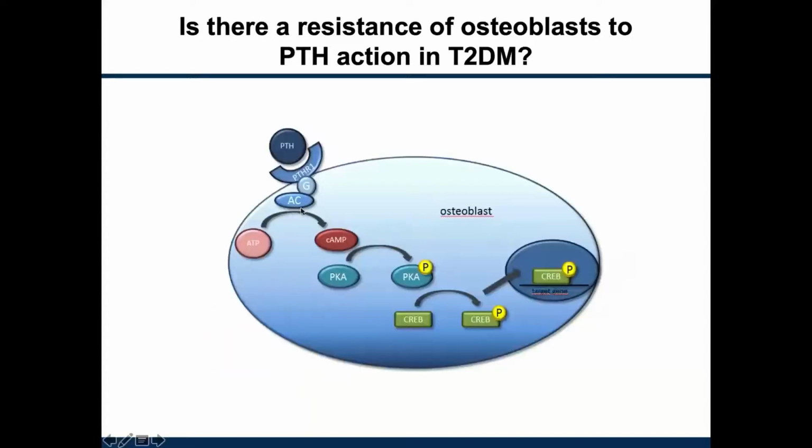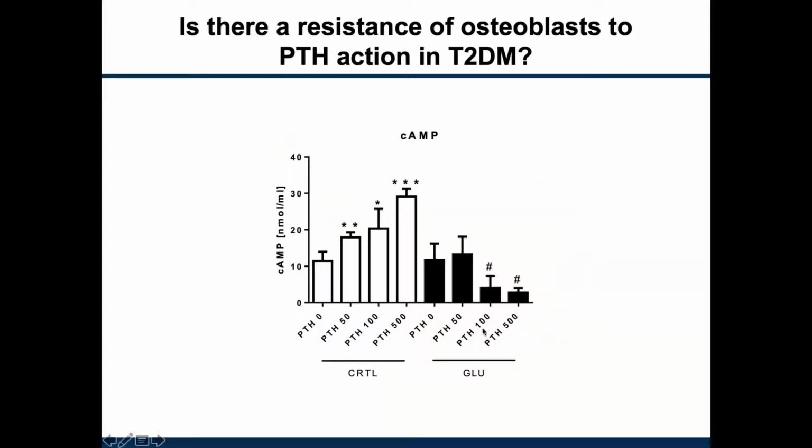So we looked into signaling a little bit, and PTH is known to very rapidly stimulate cAMP production, and then PKA, CREB, and CREB then is the transcription factor that activates target genes. So we looked at cAMP induction after different concentrations of PTH. And whereas in the control cells, there was a very nice dose-dependent induction of cAMP, this was not at all the case in the glucose-treated osteoblasts. So there definitely seems to be some interference of PTH with the glucose,